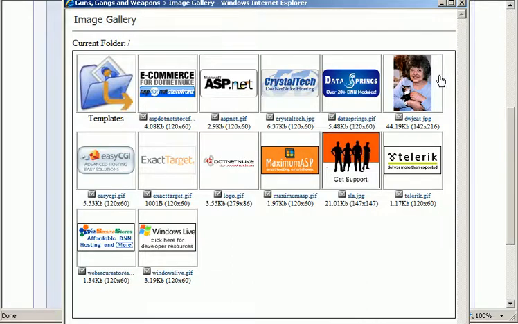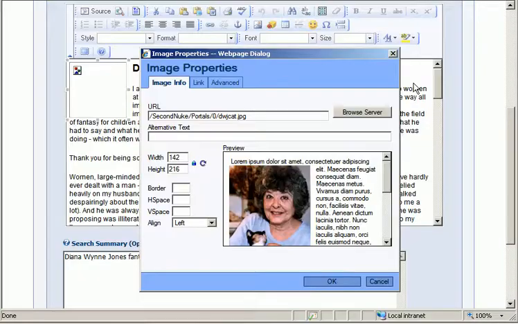Now here we can see there's a thumbnail for DWJ cat, so Diana Wynne Jones with her cat. So sticking with our theme, there is the picture of Diana Wynne Jones with the text wrapping around it to show you how it will be. And we could change the alignment, but I'm happy with the alignment as it stands for the time being. Now the one thing that we do want is some alternative text. That's essential for people with visual impairments. So let's type in Diana Wynne Jones with kitten. Looks like a kitten rather than a cat to me. You don't want to add in a picture of, because the software that people with visual impairment use already adds that information. So if I click OK,